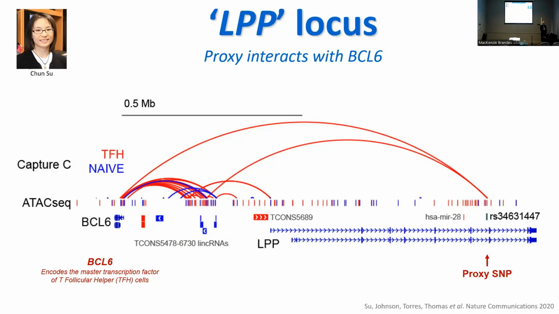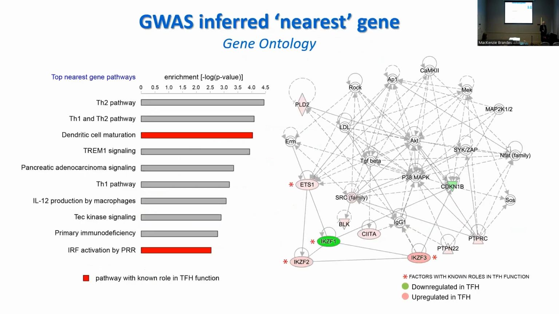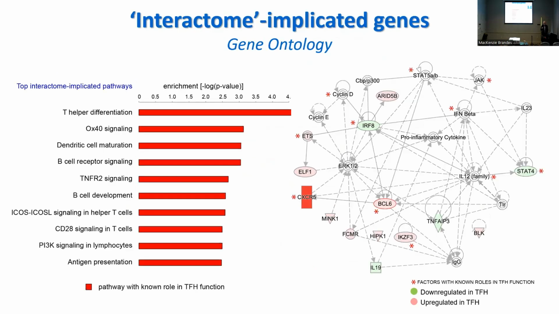No, because it's already well established. It's nothing new here to see. So what we decided to do, given our data, was pathway analysis. We took the nearest gene annotations, our argument being that it's not always the nearest gene. We found that only 2 of the top 10 pathways using the nearest gene annotation were relevant to TFH cells, whereas when we took our gene list, 10 for 10 top pathways were related to TFH